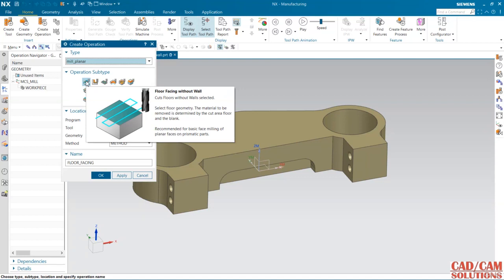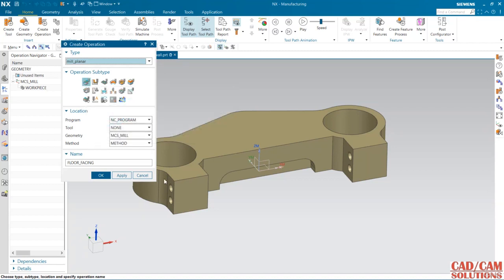So this is the operation if you want to create any facing operation on any prismatic part. For that we need one program, at least one tool, and geometry and the method. So first I'm going to define all these things, then we will select this operation. So first cancel it,